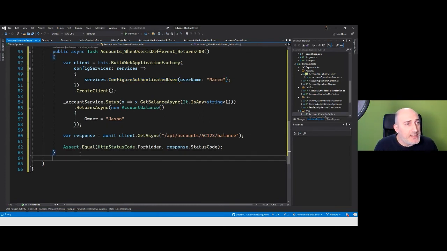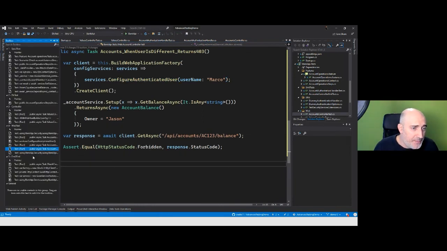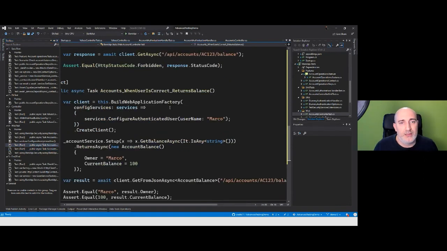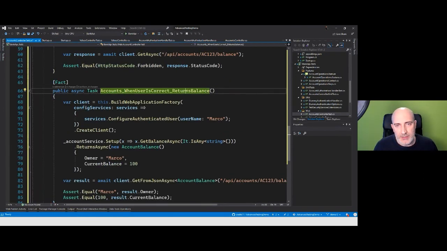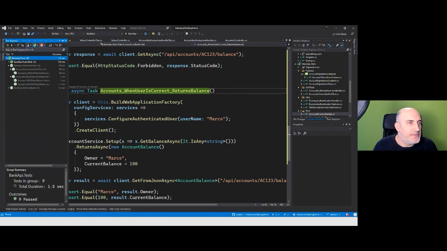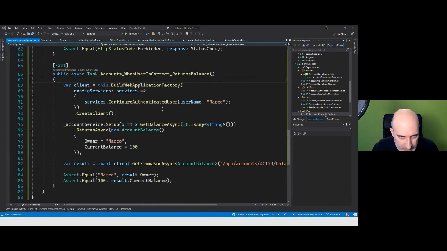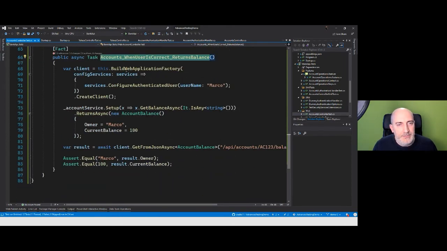Let's go to my last test, which is this one. Accounts when user is correct returns balance. Let me just run them in the meantime, and let's look at the code. So in my case, what I'm doing is I'm just configuring an authenticated user, which is Marco. This time I'm making sure that the mock returns Marco as an owner, and the result is